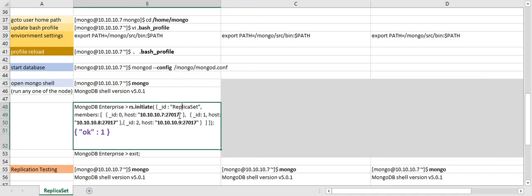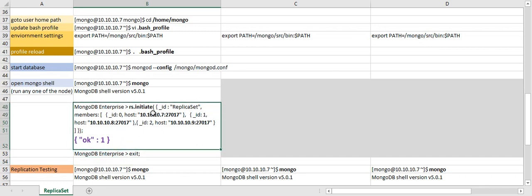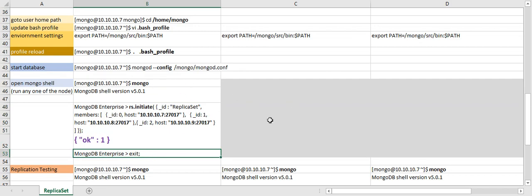My replica set name is replica set, and I have three members in the replica set: host 7, second is 8, and one is 9. This is the command you need to run for initializing the replica set. This will take care of primary and secondary at a later stage. Once this command is executed, you will get the response OK 1. If OK 1 comes, then your setup is fine across all three VMs.